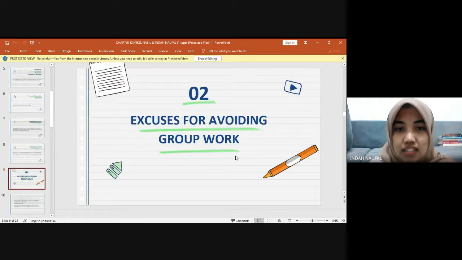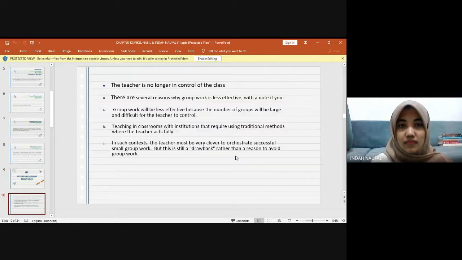Okay, so these are the excuses for avoiding group work. First, the teacher is no longer in control of the class. There are several reasons why group work is less effective.